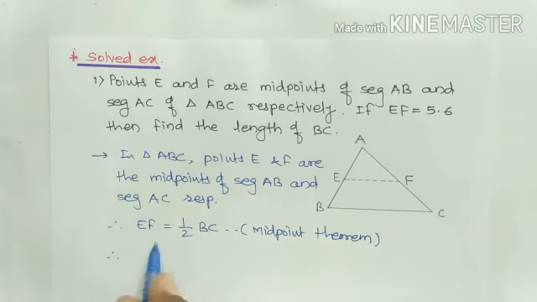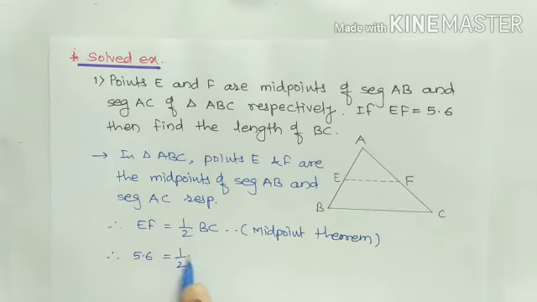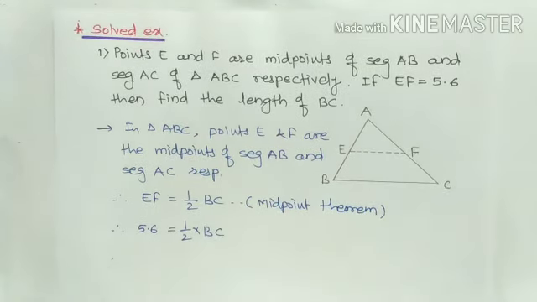And therefore here EF equals 5.6 equals 1 by 2 into BC, and therefore this BC equals